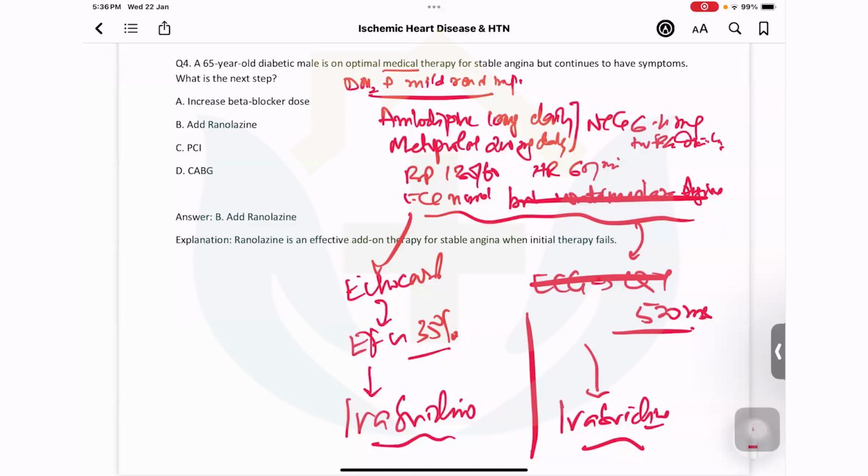Thank you, sir. Basically, we have to create a situation where the mind runs towards looking for something more. So that something more should, at the end of the day, help the patient, not be something which can be troublesome. So we should just know the indications of which drug to be used when.